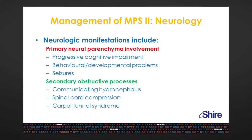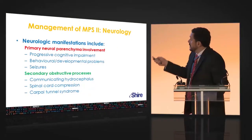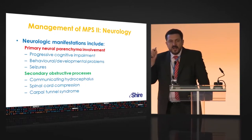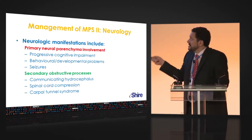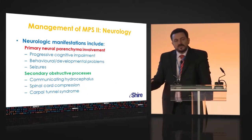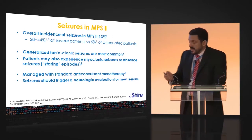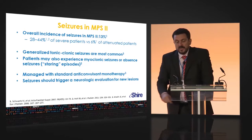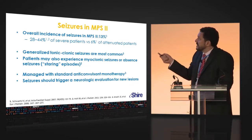And there are two types of neurological manifestations in MPS II. We've got problems related to the neural impairment, to the direct damage of the neuron, the neurodegeneration, that is the progressive cognitive impairment and the behavioral manifestations. Epileptic seizures are common in Hunter syndrome, could be seen almost in 13% of the cases, and